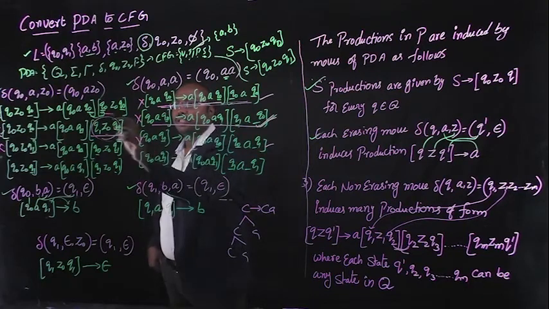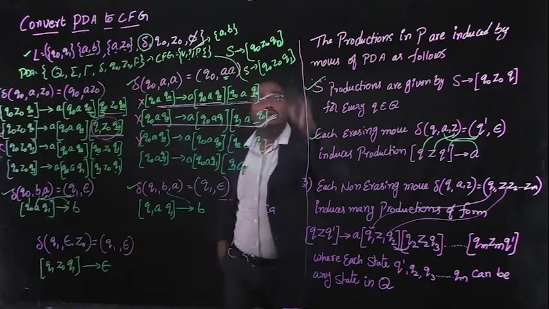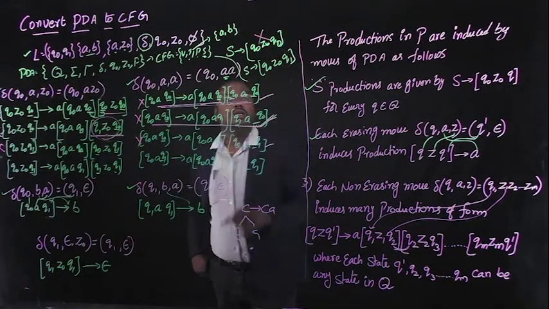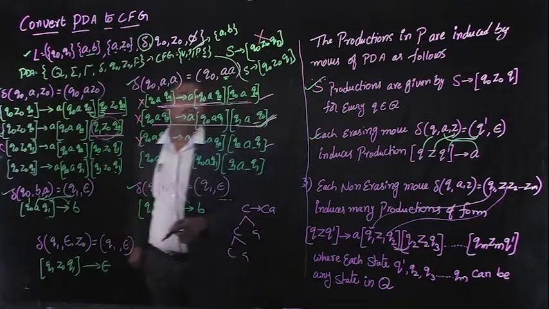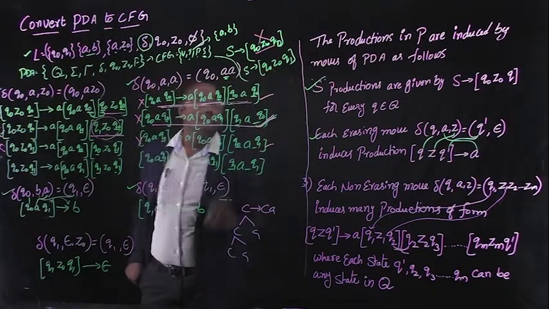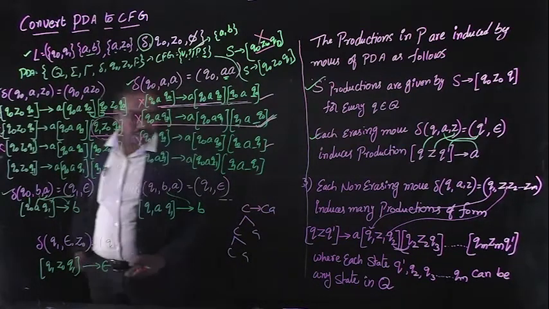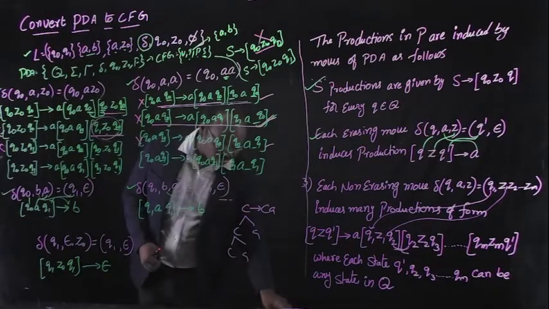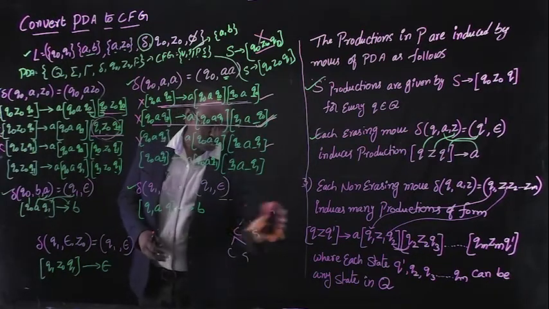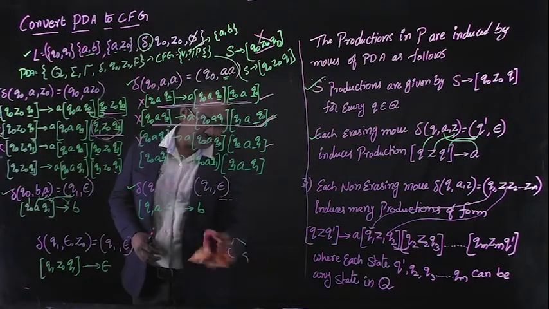So here Q naught Z naught Q naught will be removed. So in this S production, this should also be removed from the S production. Q naught Z naught Q naught. So finally we can write the productions, the useful productions, not the useless productions. We can write it as,